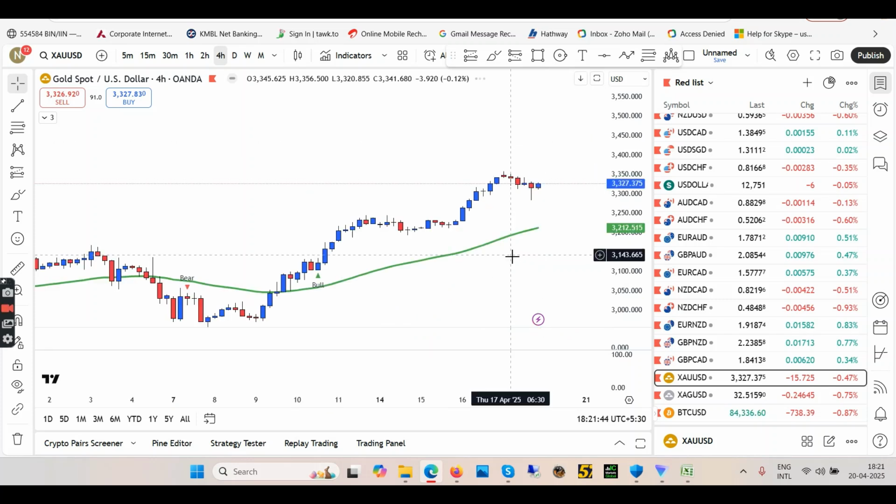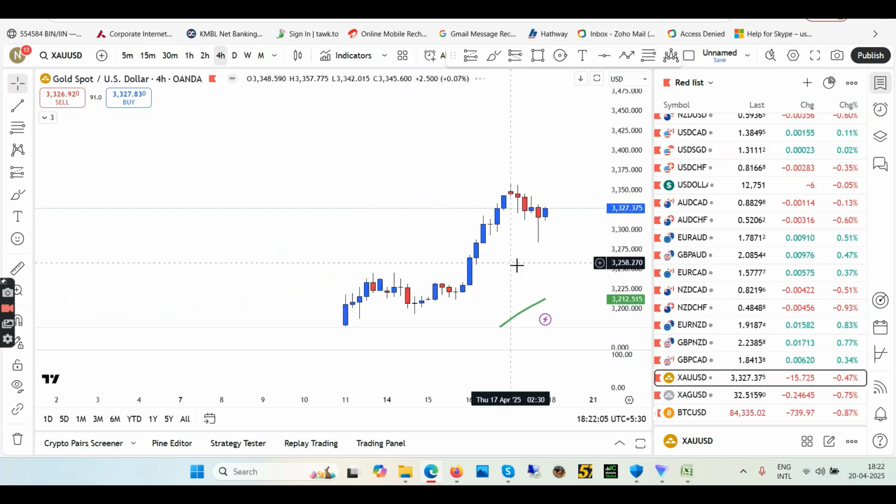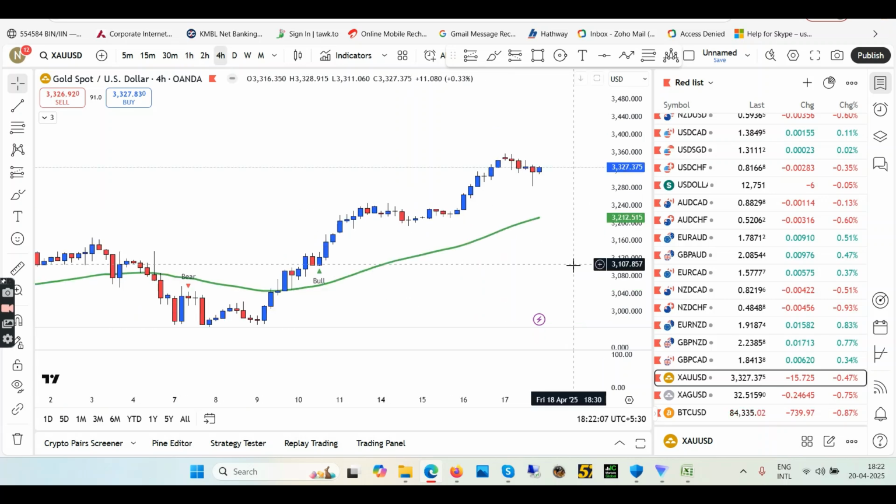In the 4-hour as well, you can see we are above the trend, which means weekly confirmation is buy trend, daily confirmation is uptrend, 4-hour confirmation is also buy. And even if you go to 1 hour, even 1 hour is buy. You see here? So there's no reason why you will be taking any sell trades. Be very careful, okay? Only longs. Now, when do you enter? It's entirely up to you. Do you enter in 4-hour? Do you enter in 1 hour? It's entirely up to you.